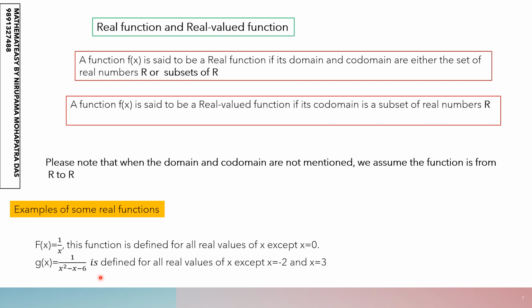So basically, even if we are not given the domain and codomain, the domain and codomain are subsets of real numbers. The other factor is how to get the domain of the function, though we will be studying that portion in detail. Here just let me say, x belongs to the set of real numbers except 0. Obviously that will be the domain of the function.